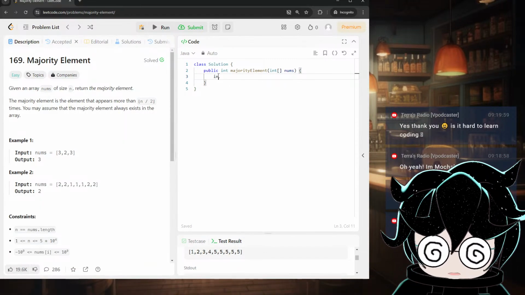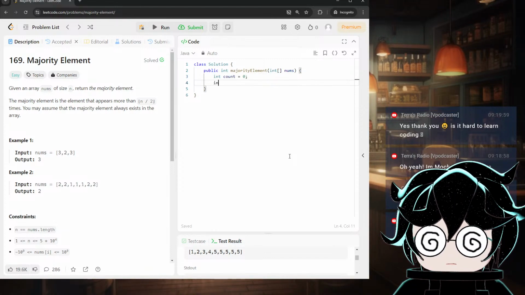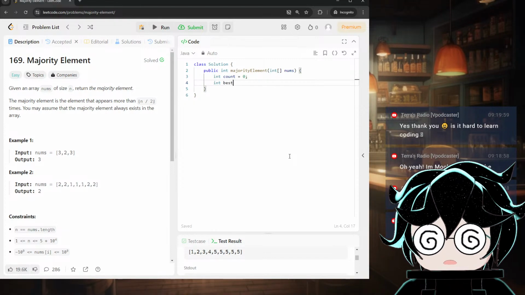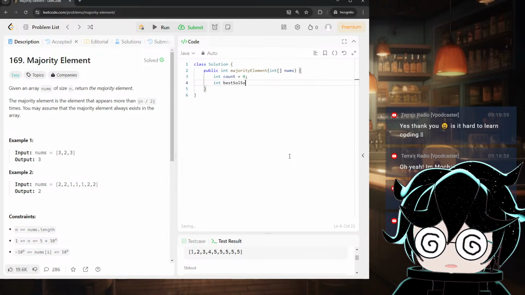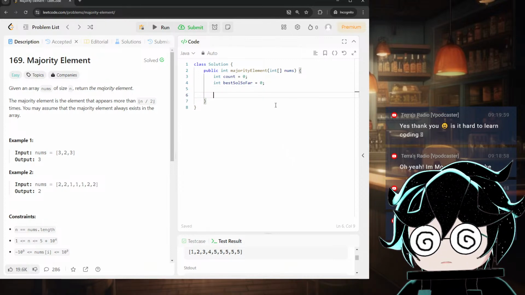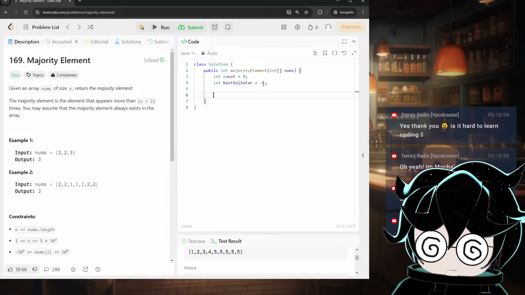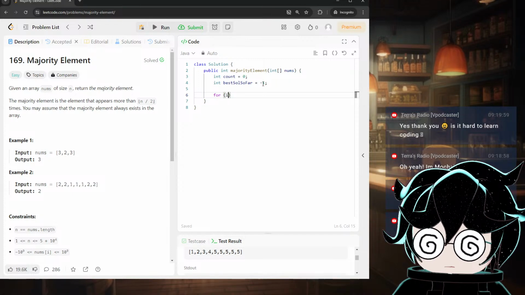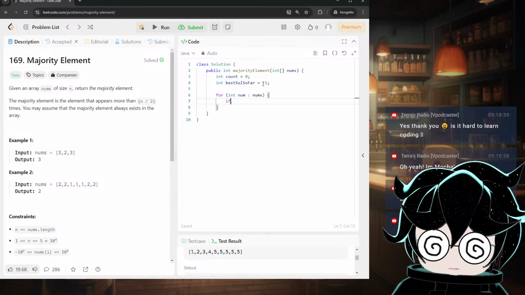So we have int count is equal to 0, int best solution so far is equal to 0. Well, this doesn't really matter, right? For int num in nums, if